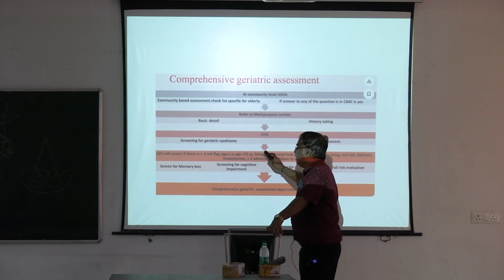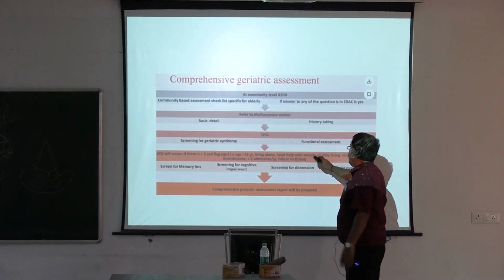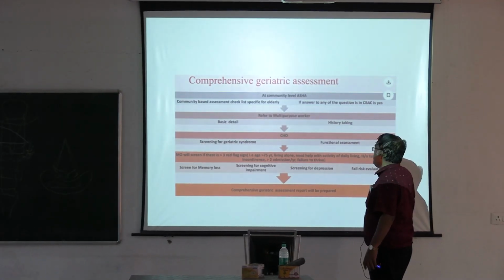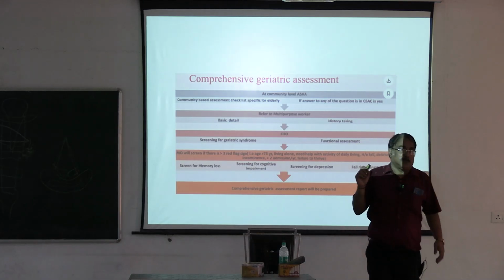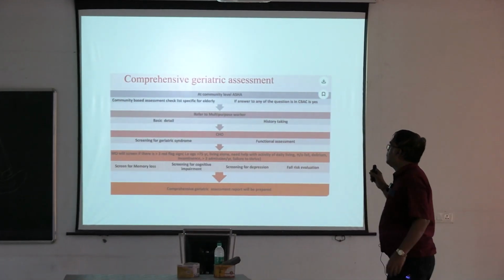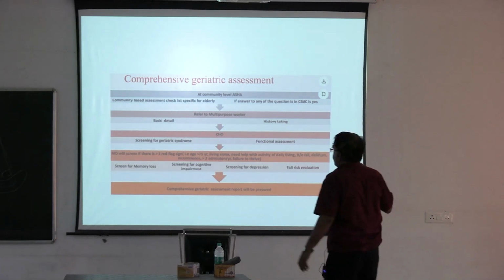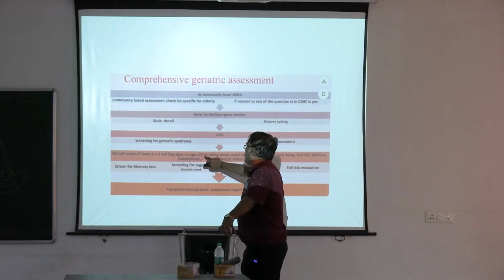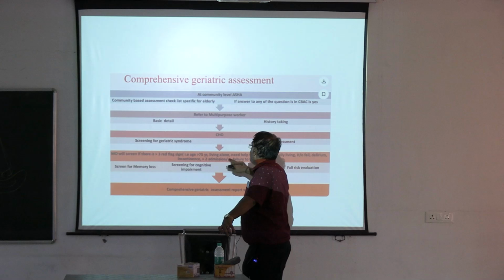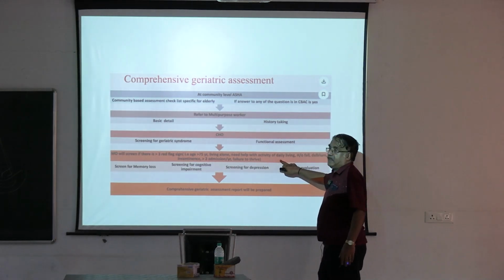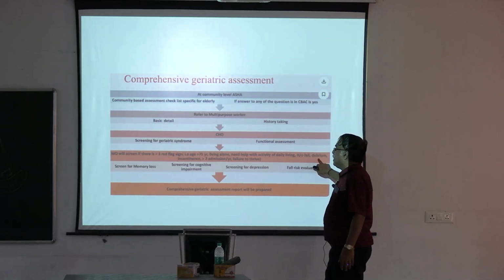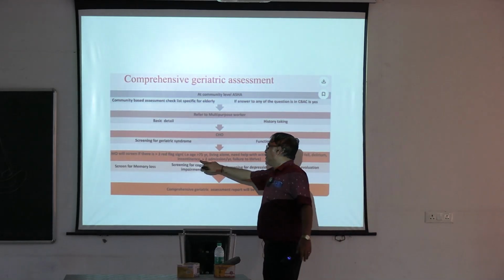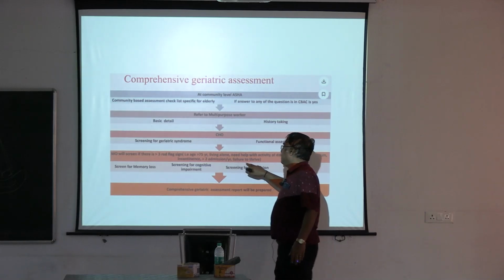What are the red flag signs? If the age is over 75, living alone, needs help with activity, history of fall, delirium, incontinence, more than 2 admissions per year, and failure to thrive. So if any of these things are there, the MO will screen if the age is more than 75 years, or if the person is living alone, or if he needs help with activities of daily living. He needs somebody to help him to bathe, etc. Or if he's got a history of fall or delirium, or incontinence, or more than 2 admissions per year, failure to thrive.